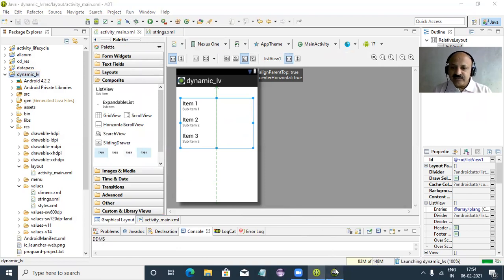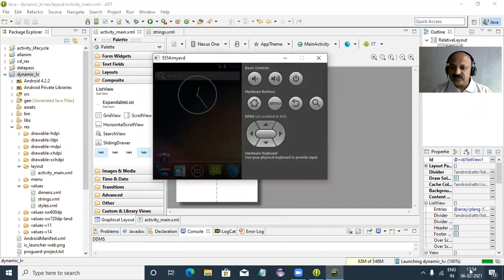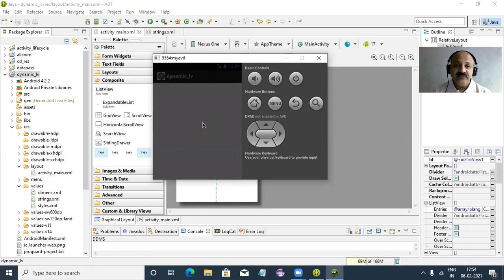That takes some time. The process starts here and takes some time. After that, it displays our list view control, and that is the static way, but later we will use the dynamic way. I just show you what the difference is.